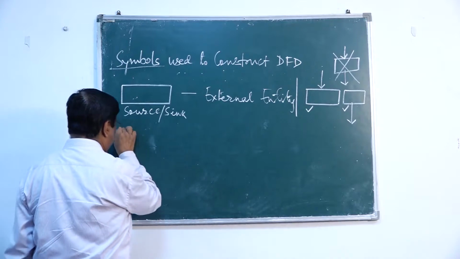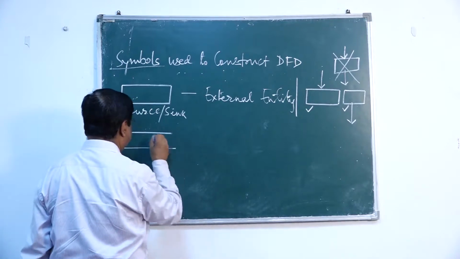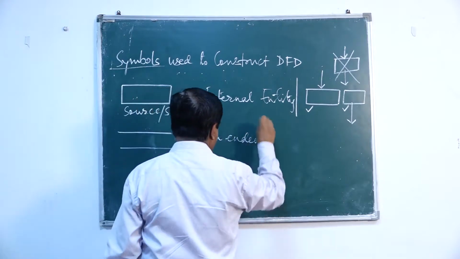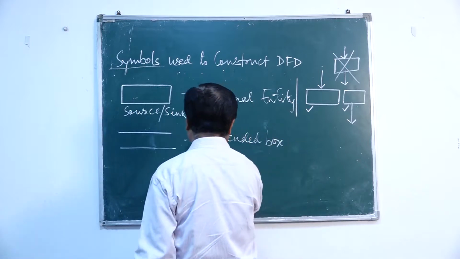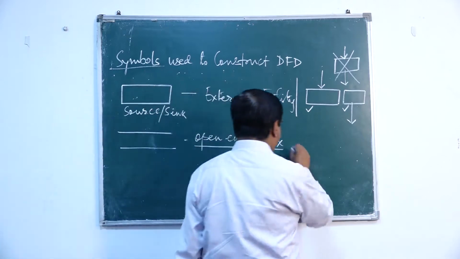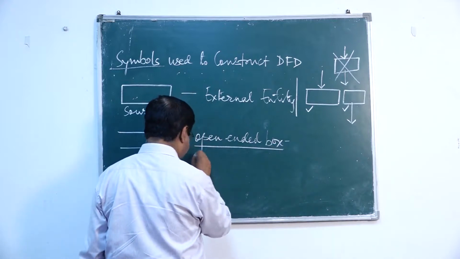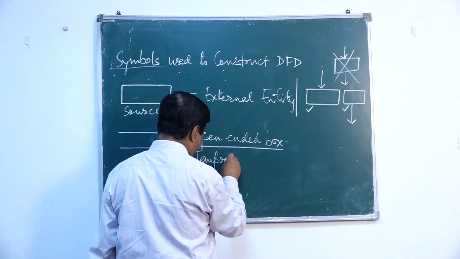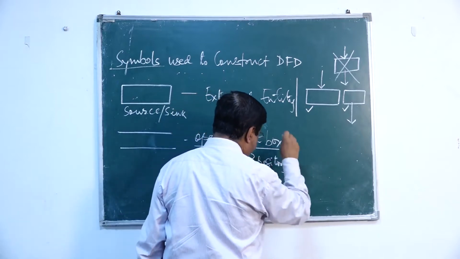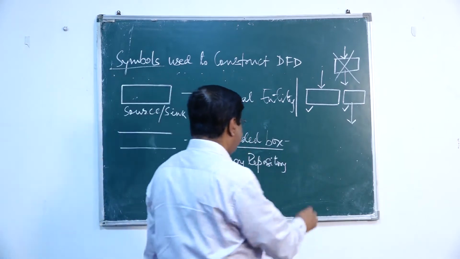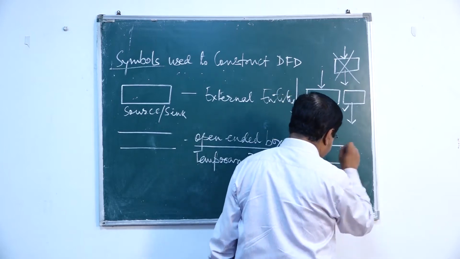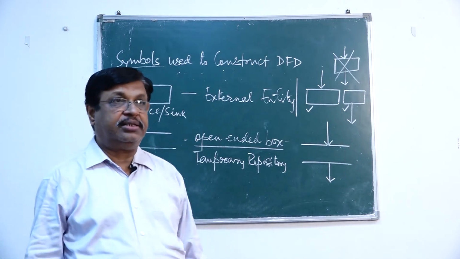And if we have to show both input and output, we have another tool, the open ended box or open ended rectangle. This one is the temporary repository, means the data would arrive here, would stay for some time, and then it will go ahead, and then there won't be any